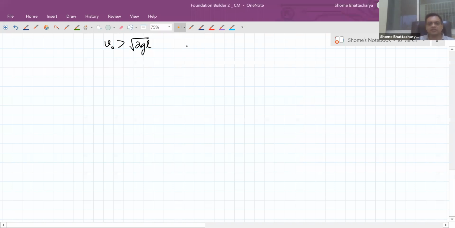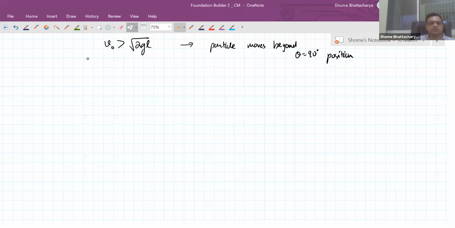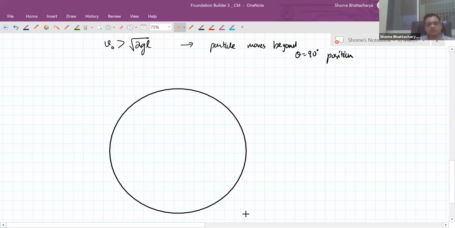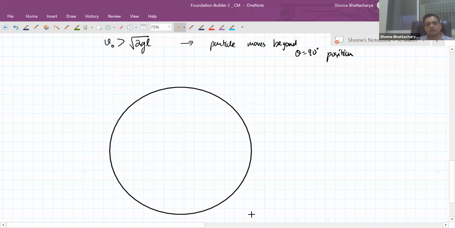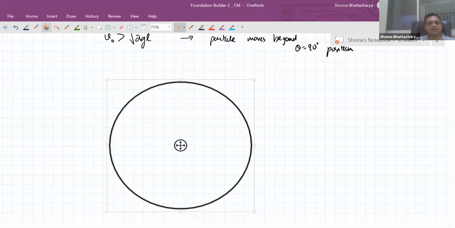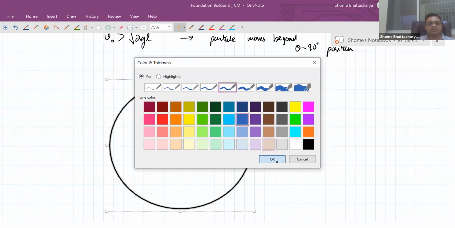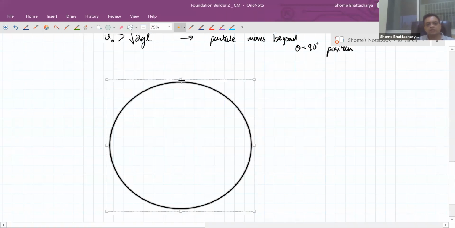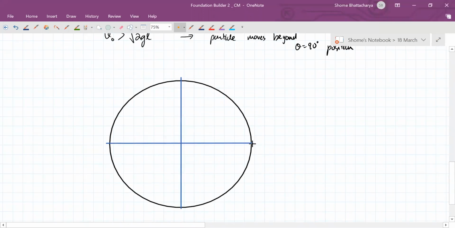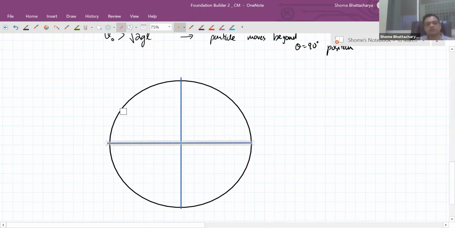Now if we give greater than this, then that means the particle moves beyond the angular displacement equal to 90-degree position. Okay. Now once it moves beyond that position, as I was telling you, the whole situation becomes a bit more interesting, because the way the two forces, tension and mg sine theta, or rather tension and mg itself, are related to each other, are a bit different. So we will do a proper comparison at various different points to understand this.